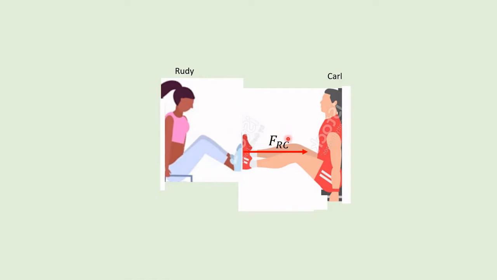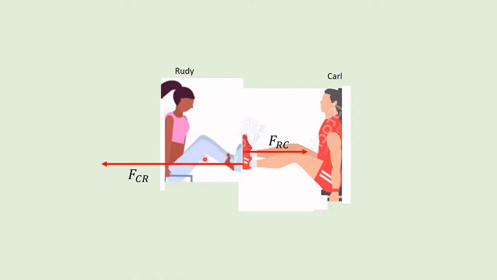Now, for a moment, let's just suppose that it's possible for Carl to push harder on Rudy. He seems to be the bigger individual, so I've indicated that with a longer arrow. And certainly, before having studied physics, I would have thought that this is possible, that if you're a bigger, stronger person, you can push harder on the other person than they're pushing back on you. So let's suppose that that's the case,